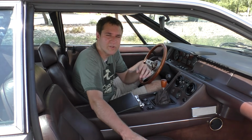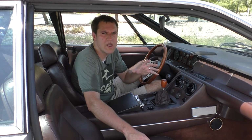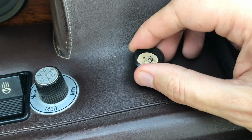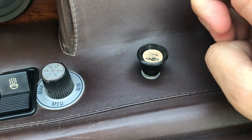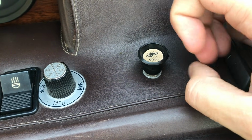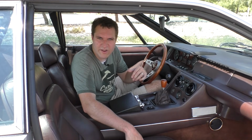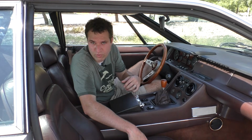I played around with it and it turns out that it changes where in the car that you're hearing the music. If you twist it all the way to the right, it's on the passenger side, and if you twist it all the way to the left, the sound changes and it's coming out the speakers on the driver's side. I've never seen any car that has a dial for this feature, and yet this one does. Of course, there's also another ashtray in the center, which is no surprise,